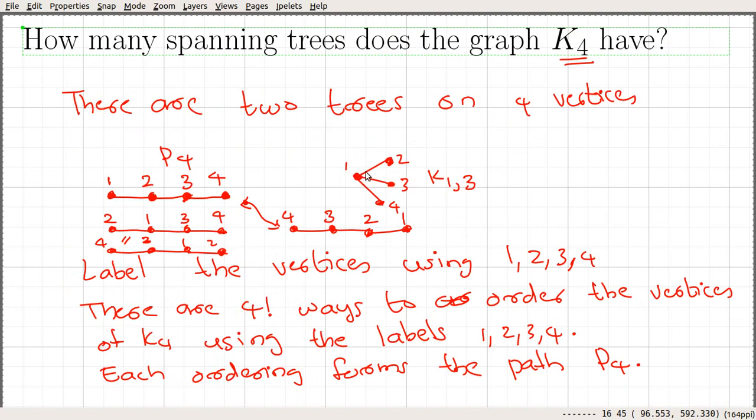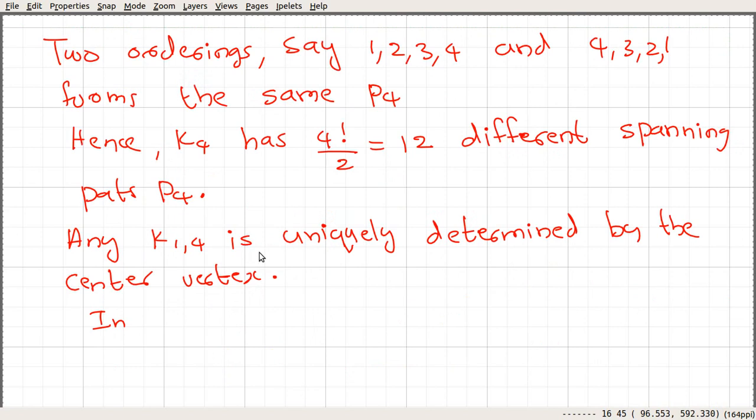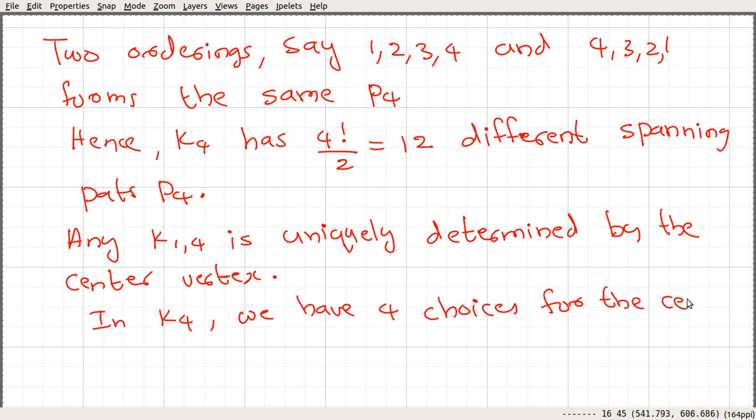We have 4 choices for the center vertex.